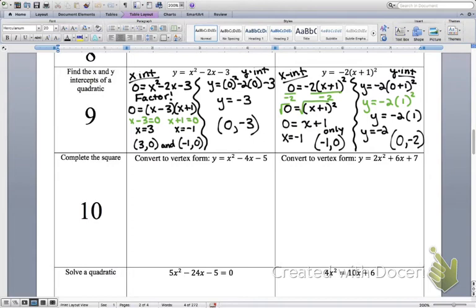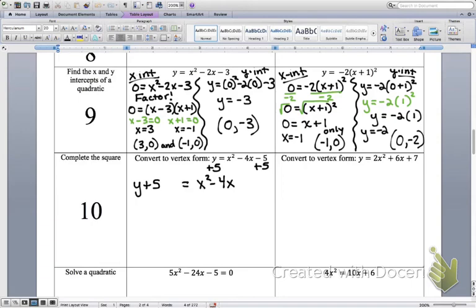Everyone's favorite, completing the square, comes next. This is topic 10. So if we look at the first example, the first thing we need to do is get the constant out of the way, because it doesn't make the trinomial perfect. So I'm going to add 5 to both sides just to get it out of the way. So I have y plus 5 equals x squared minus 4x, and I left room on purpose, because we need to find that magic number that's going to make our trinomial a perfect trinomial